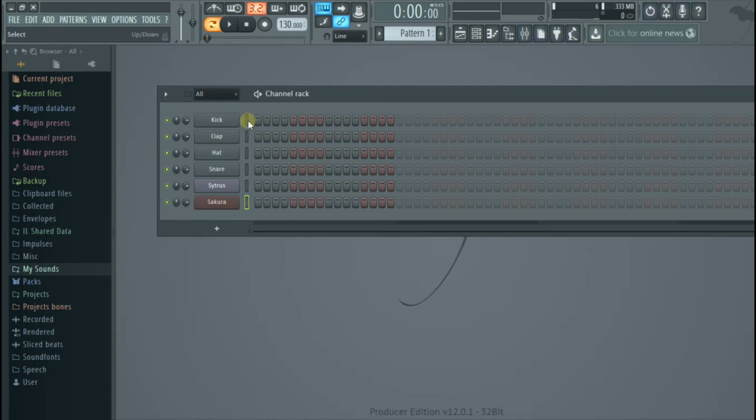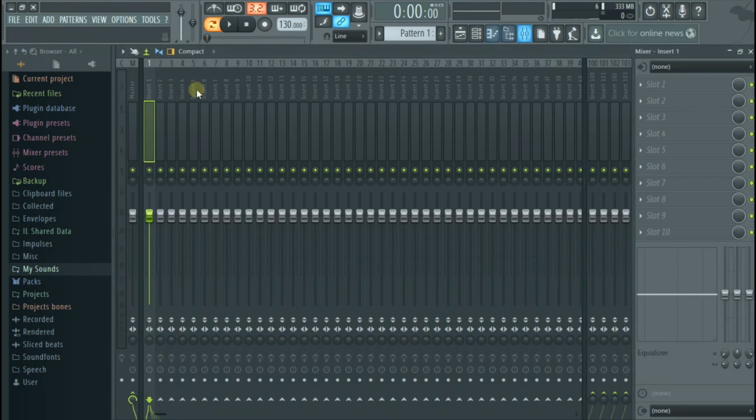What you're going to do is click on the first, or you double click, or you click and drag. It's going to select everything, then move to your mixer track. Click on the first mixer track, hold Control and Shift L. It's going to automatically